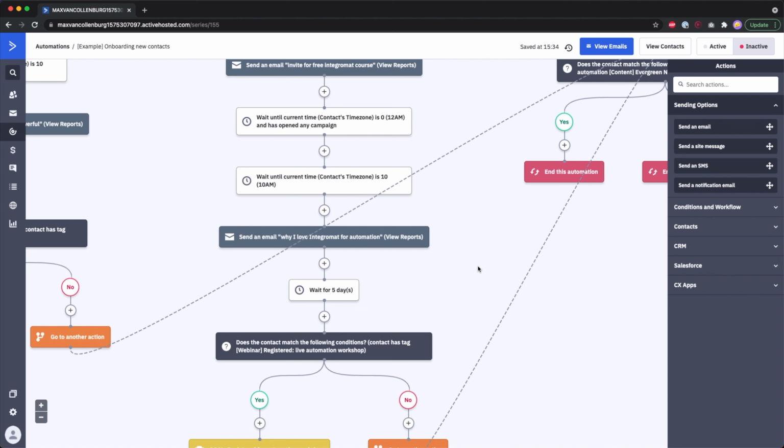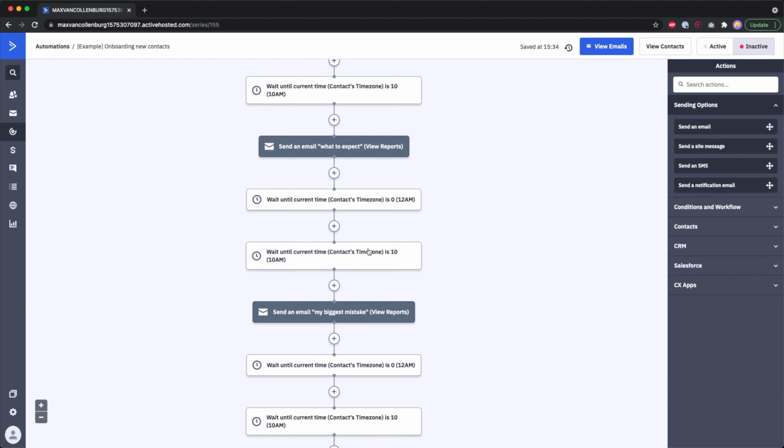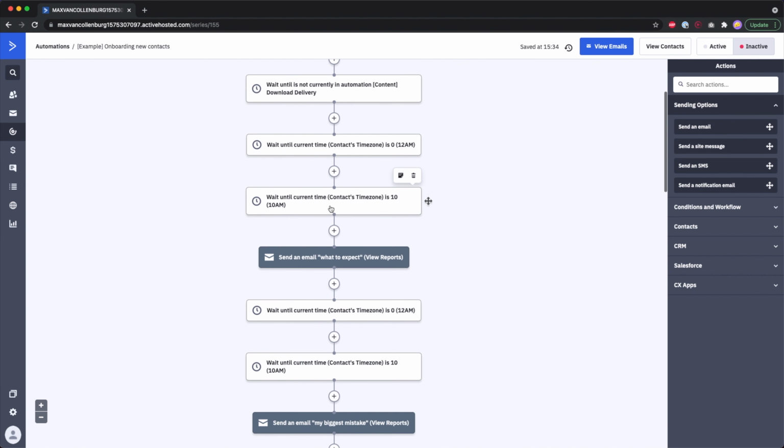I'm using some other tools, for example, Integromat. It's not an email service provider, but that's all instant. It's going so fast. And I really think that this automation builder, I really love it. I think it's really great, but it's really a bit slow, and I'm not sure why that is. But I often have the feeling I'm waiting and waiting.